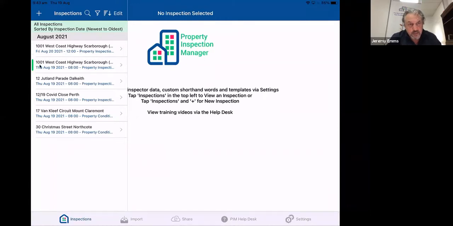Now, you'll see in here, I've got a green bar against 1001 West Coast Highway. That's because it's already been done previously. I did it earlier on today, hence it's still on my list for August, but that's been submitted up into Property Tree, so that's already been conducted. Anything that doesn't have a bar against it needs to be carried out. So I'm just going to go into Jutland Parade, Dalkeith,